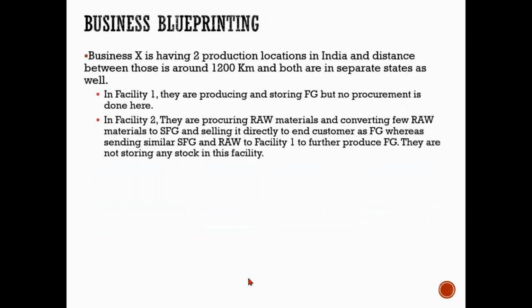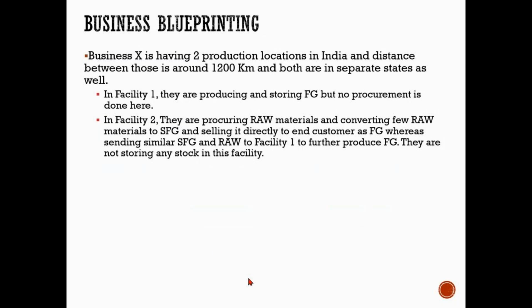slide, just to understand if you really got what I was trying to explain in the demo. So let's say this is a business requirement, and the customer says, let's say business X is having two production locations in India, and the distance between those is around 1200 kilometers, and both are in separate states. Okay, so 1200 kilometers is quite far. So obviously they are in separate states. They follow different